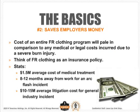The second reason why you should be wearing FR PPE, FR clothing, is because it saves money. The cost of an entire FR clothing program is going to pale in comparison to any medical or legal costs that you may incur because of a severe burn injury. And I've noted some stats here on your screen. I mentioned earlier, with 5 to 10 arc flash accidents that occur every day in the U.S., this is a dangerous hazard that does really happen, and when it does occur, no matter how insignificant, it will result in significant costs to an employer. Some of the stats: the average cost of medical treatment for an arc flash is $1.5